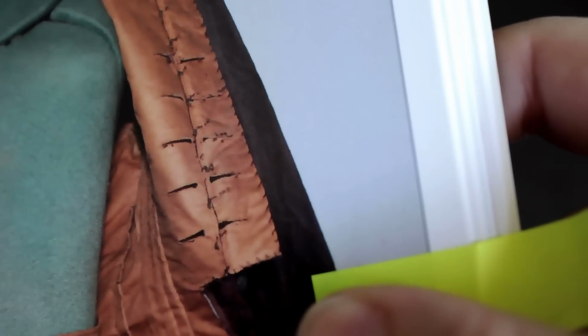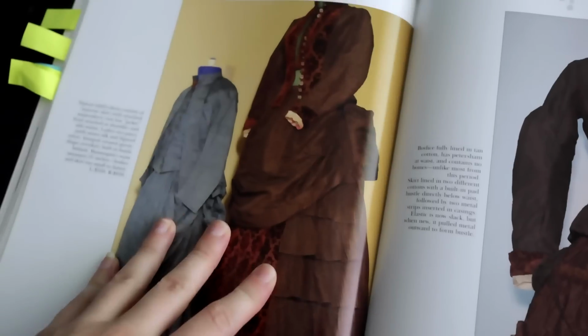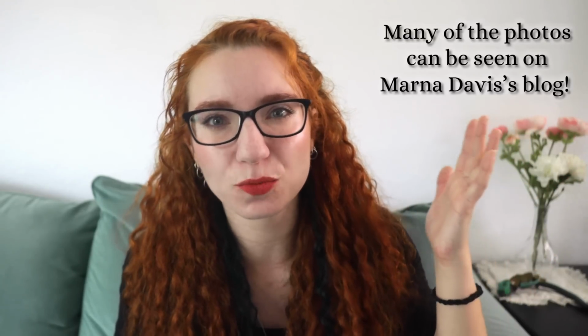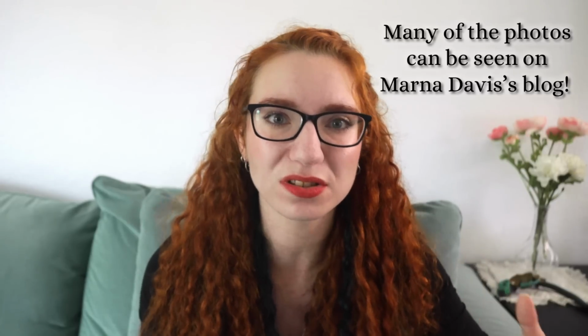Again, these are maybe 2 or 3 to the inch, and this on a fairly classy silk dress with cut velvet decoration. As for work and working class dresses, No Lady of Leisure has some great photos of those antique dresses from Marna Davis's collection. The finishing is